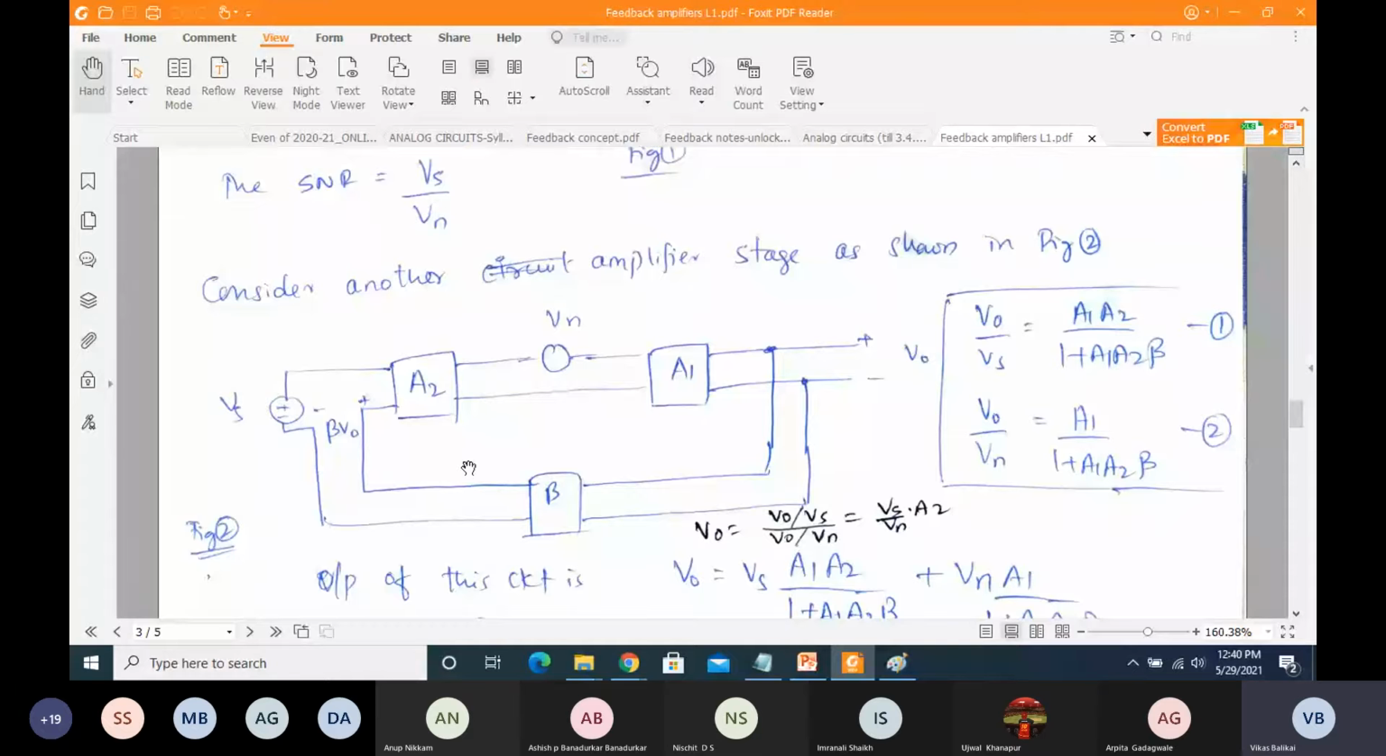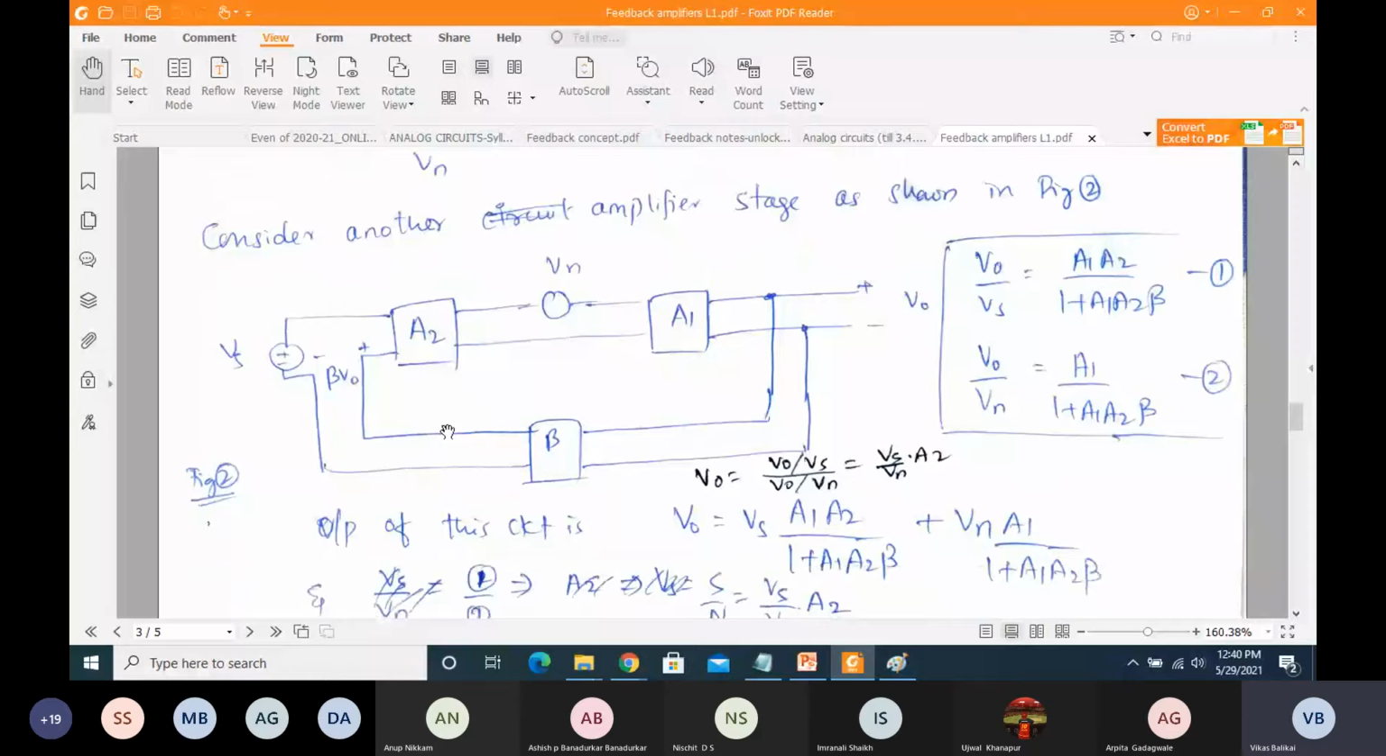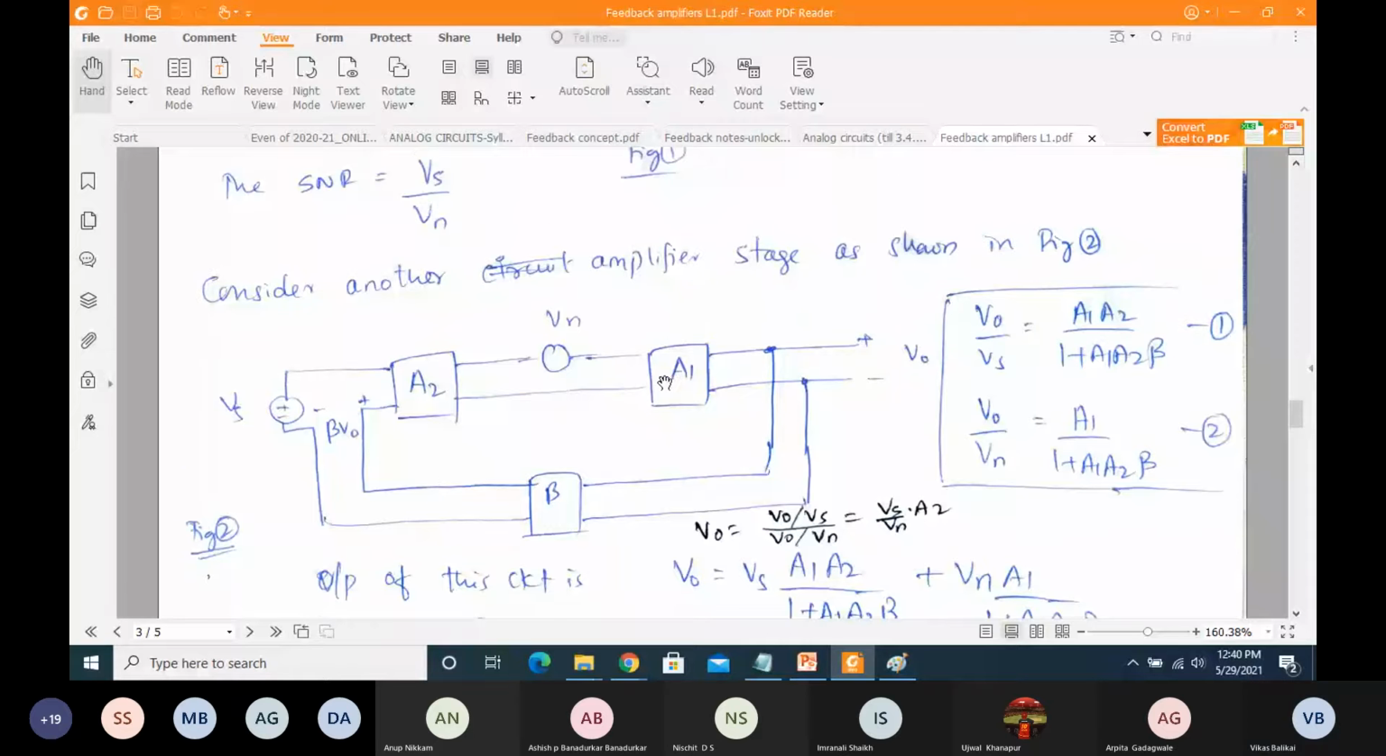So what do I achieve by making this entire thing? See, basically, as you can see over here, what is the output signal to noise ratio, that is V naught by Vs. If I try to calculate V naught upon Vs, since it is a feedback amplifier, the output should come in the form A divided by 1 plus A beta. Now because the output is coming through A1 and A2,